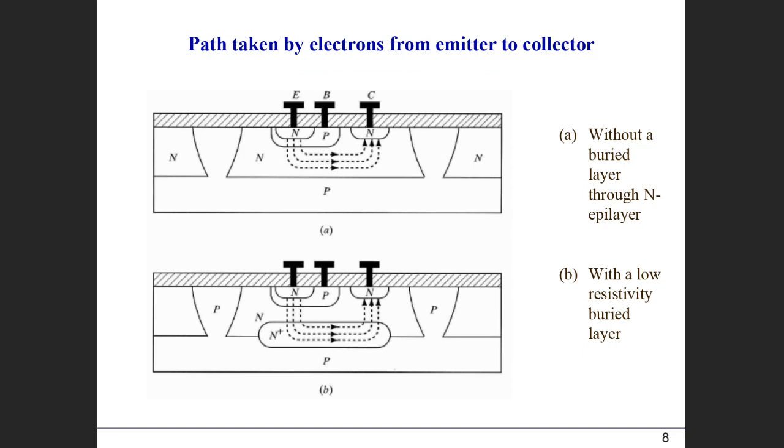Okay, now here is the one thing that I didn't mention from the previous fabrication: why we need this N plus layer. When you form this N layer on top of P, we use the so-called epitaxial layer growth, which creates additional cost for the fabrication. But the reason we use this N plus region is that when you form the transistor,